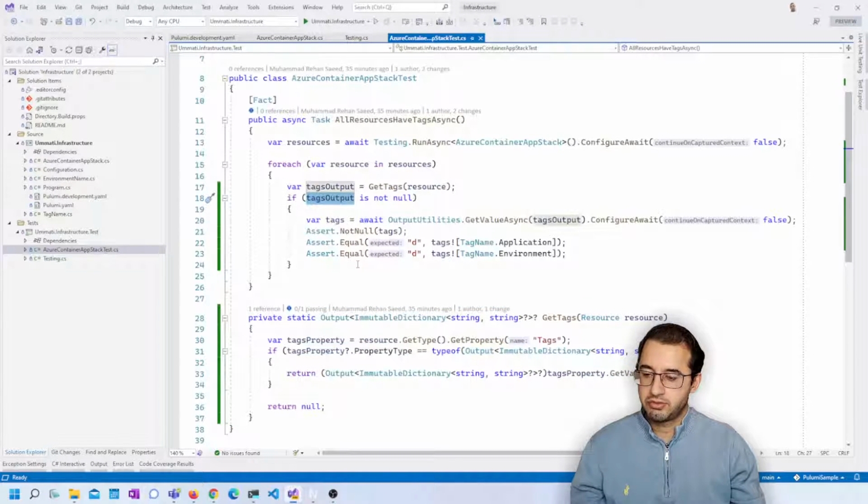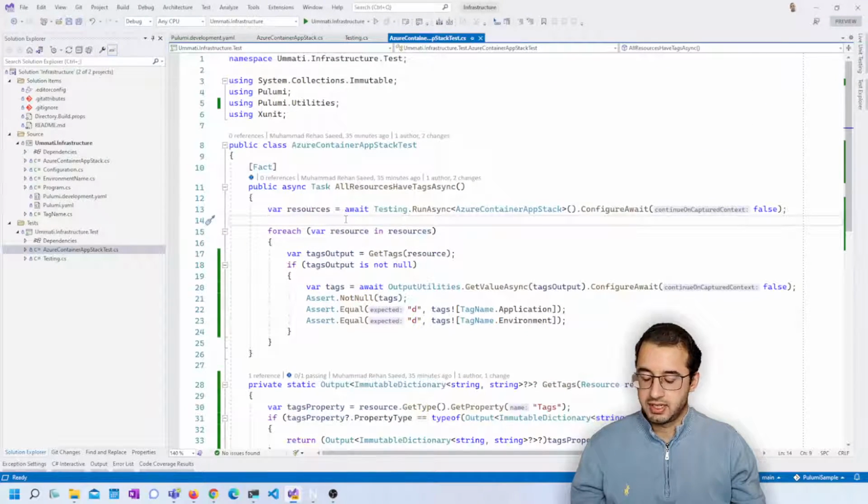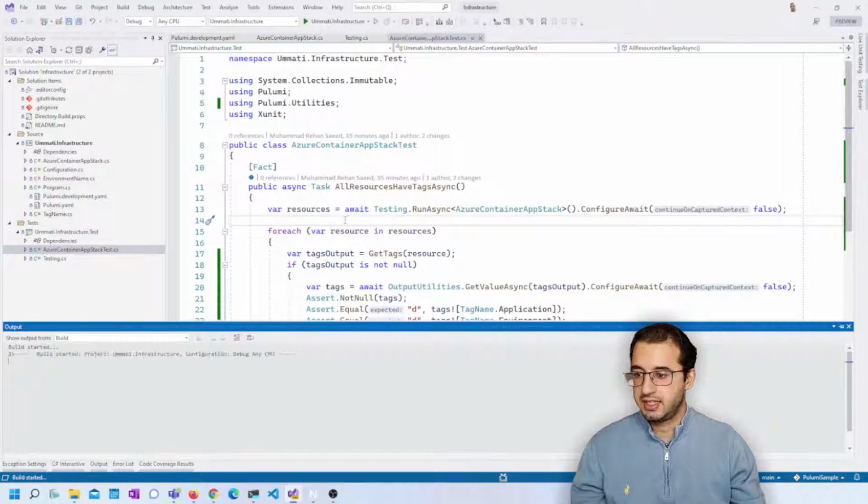And if we've managed to find a resource with tags, we pull out the tags, ensure that they're not null, and we expect to see an application tag and an environment tag set. Right now, I don't know. I've just put that in so that it can fail. So I ran this and it totally failed on me,